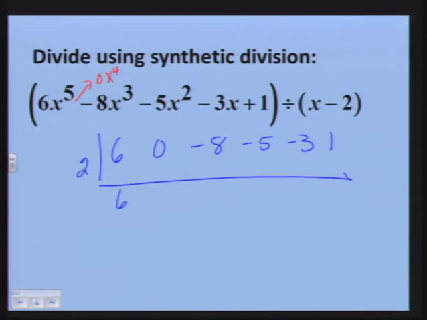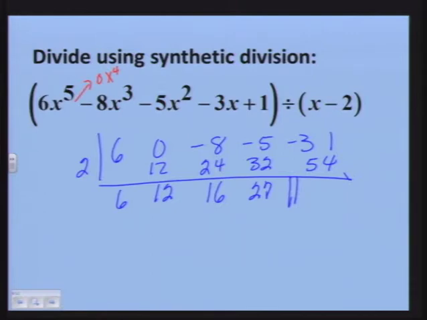Bring down my 6. 6 times 2 is 12. Add 12 and 0 and get 12. 2 times 12 is 24. 24 minus 8 is 16. 2 times 16 is 32. 32 minus 5 is 27. 2 times 27 is 54. And 54 minus 3,